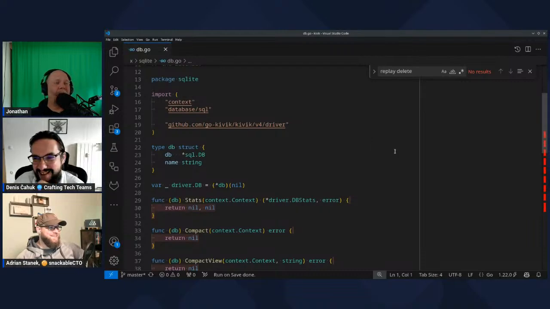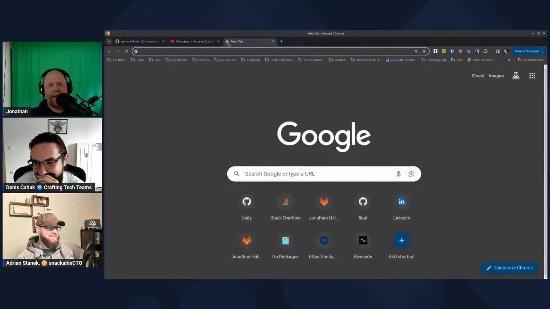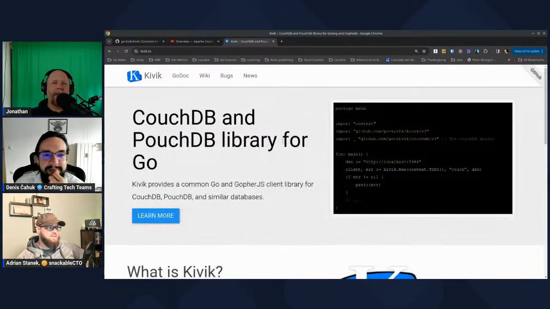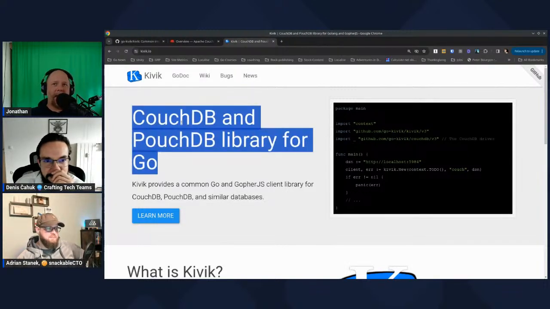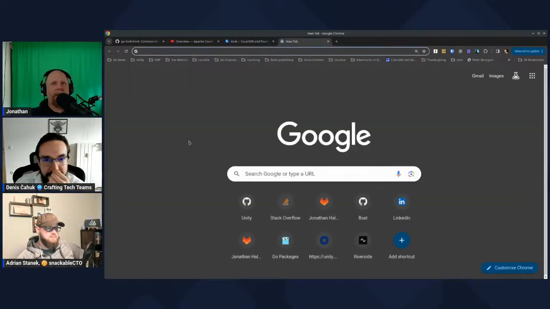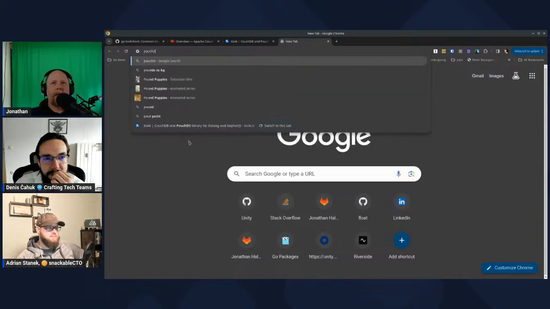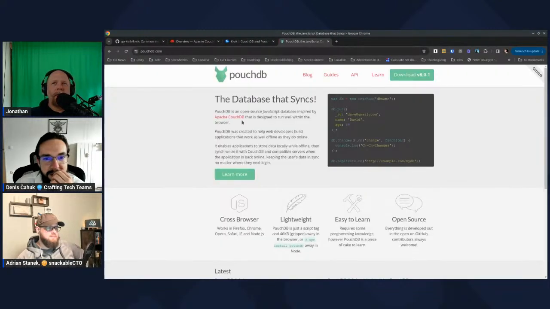Okay, you say that in jest, Adrian, but let me share something on that page I just closed. So I said one of the goals for writing this project in the first place was to have pluggable backends. There were two backends in particular I wanted to use: CouchDB and PouchDB. PouchDB, you probably don't know what it is. Is that like an in-memory something? It's a JavaScript in-browser version of CouchDB.